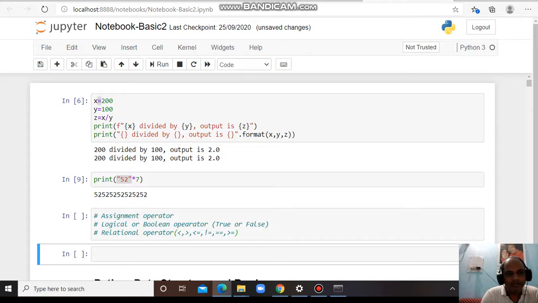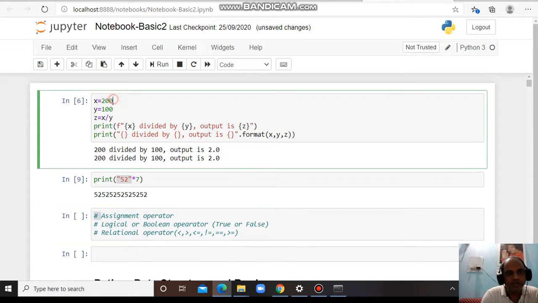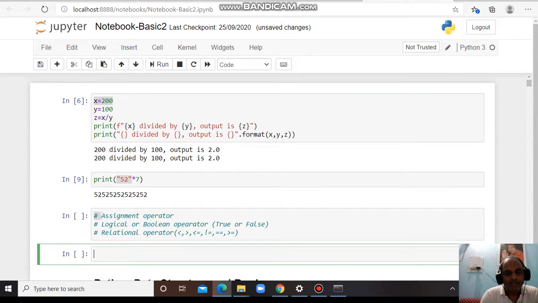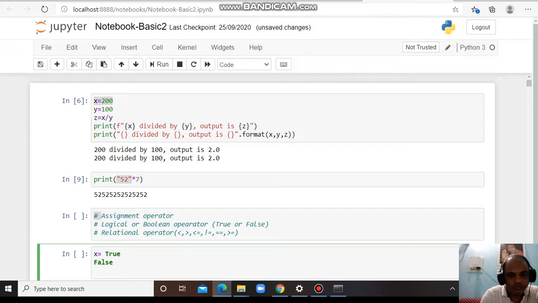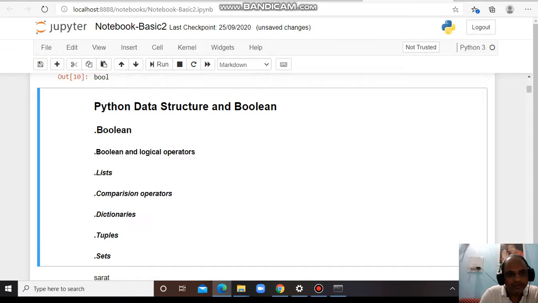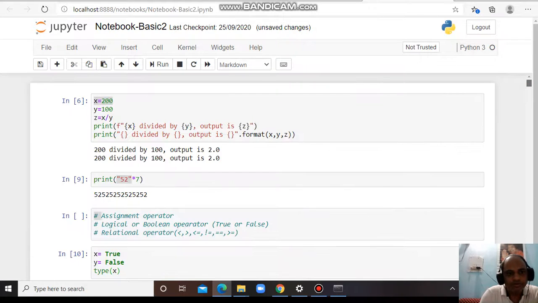As for assignment operators, I have already told you, assigning a value to a variable is the equal sign only. And for logical operators, there are two standard keywords, true and false. If I assign x is equal to true, y is equal to false, and I want to see the type of x, the outcome is a boolean.